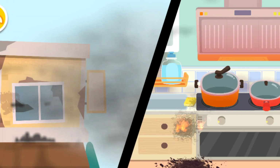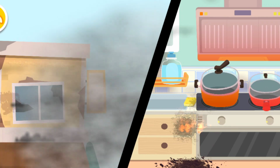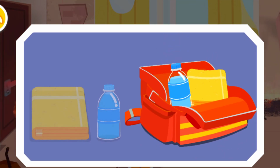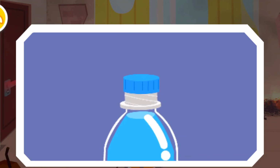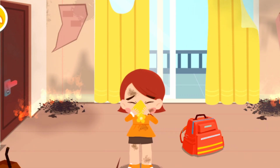When an earthquake strikes, natural gas pipelines are damaged. The leaking gas ignites due to the spark of the electrical appliance and starts a fire. What shall we do? Make a wet towel first. Covering your nose and mouth with a wet towel can filter the smoke out of the air and reduce the